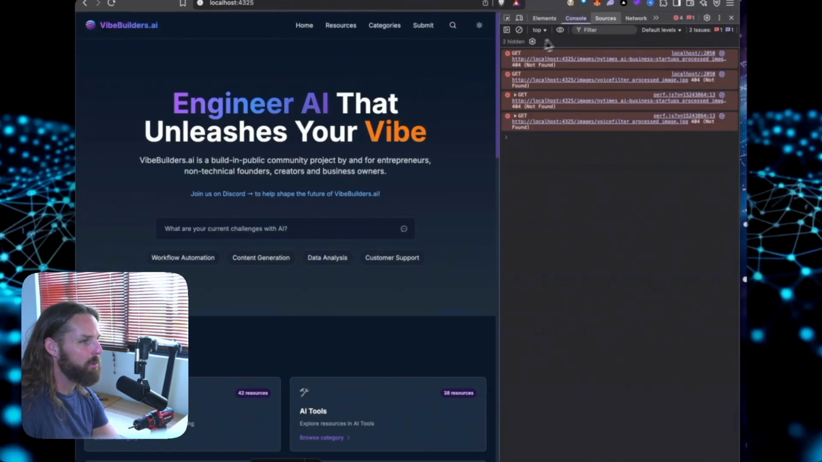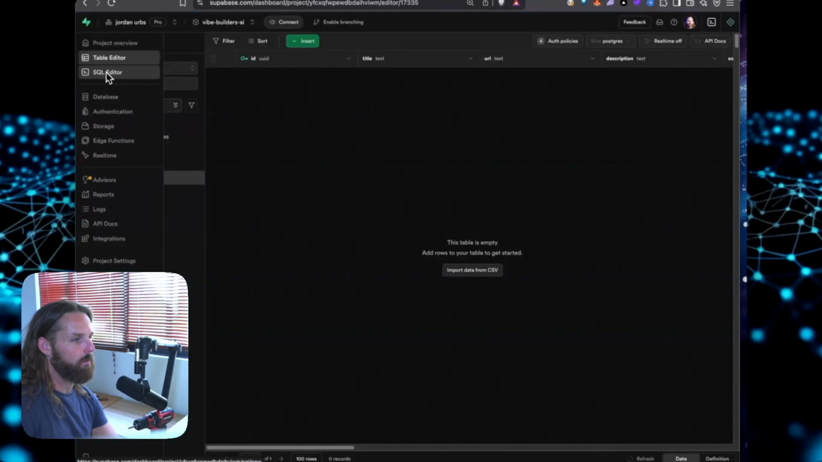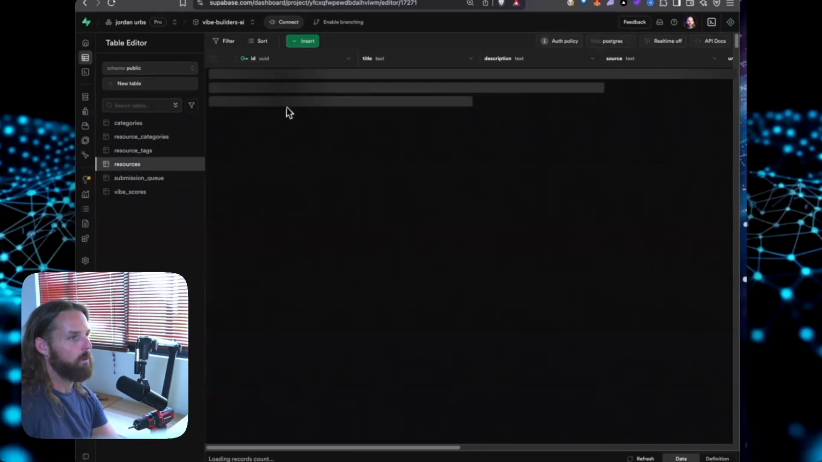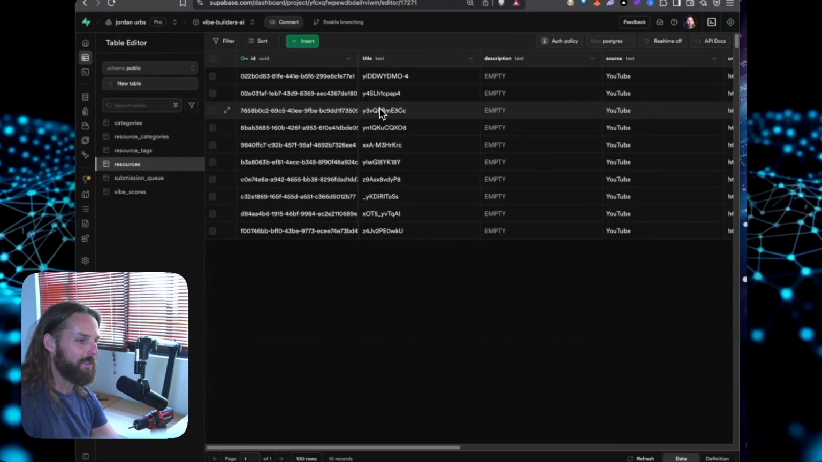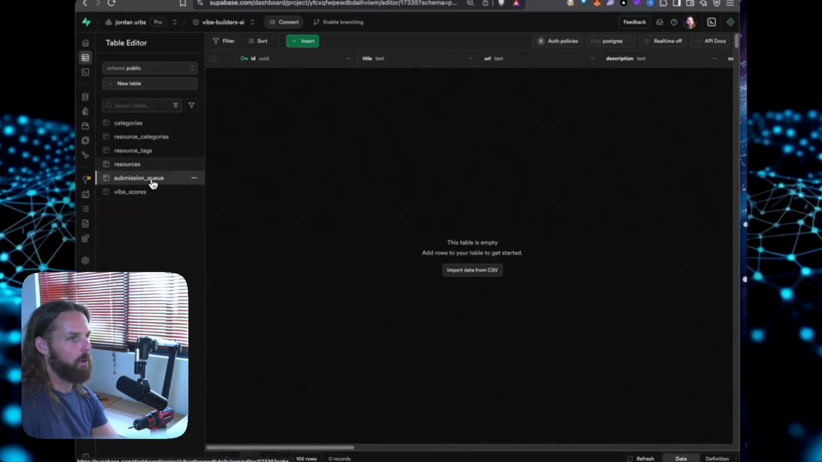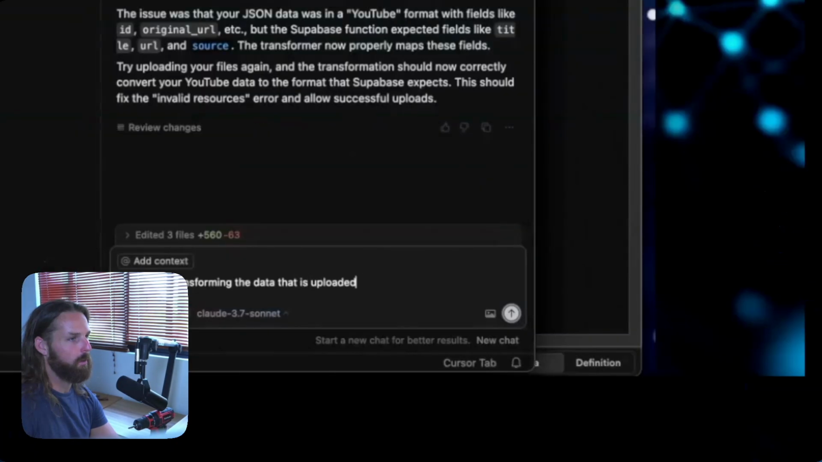We still have broken images though. Is that what's going to come next? Let's find out. Fast forward. Cool. So here in Supabase, we can see we have some resources. The admin dashboard worked. Awesome. So we do have an empty description though, and an empty title, which we're going to have to debug a